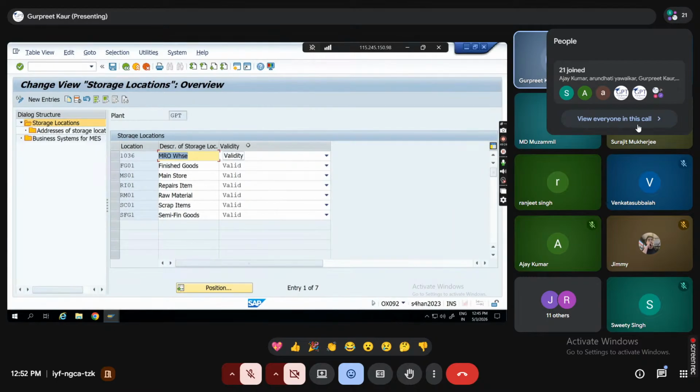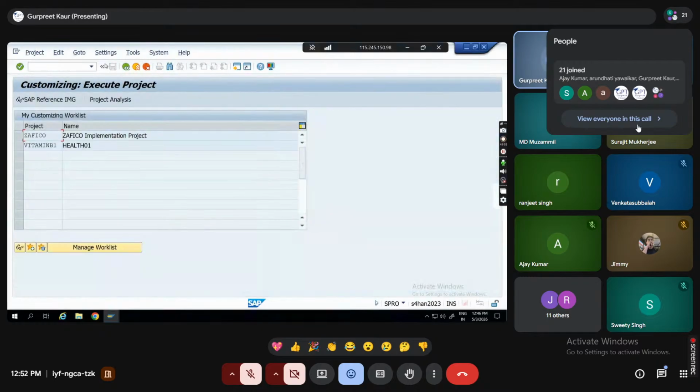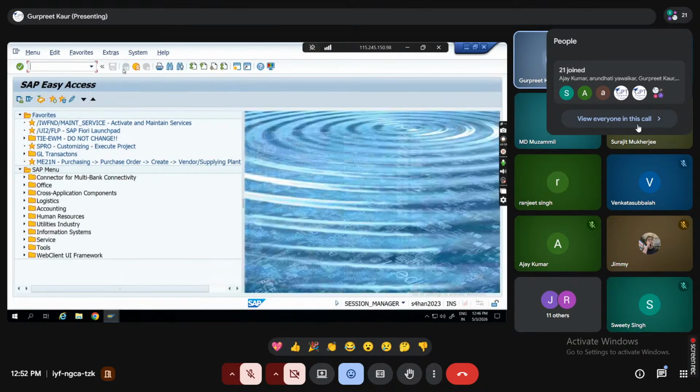From which date to which date this storage location is going to work. This is about the validity, whether this warehouse is still active or it is no longer active, or is it going to be deprecated? Deprecated means it is going to close soon. This is one of the differences in the configuration part.